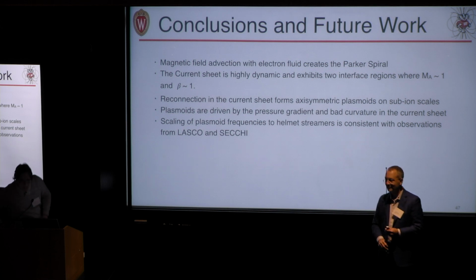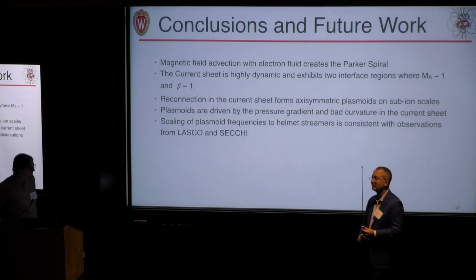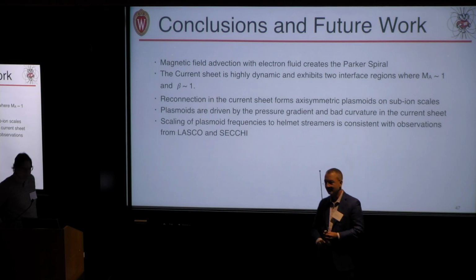Okay, let's take a question from Blakesley. This is really cool. I'm wondering, when you increase the current, you get this more bursty reconnection that's happening at multiple scales, which is somewhat reminiscent of Lazarian and Vishniac 99. So I'm wondering if you could potentially do some tests of different theories of reconnection, maybe adding in resistivity, because that theory makes very specific predictions about how the reconnection rate should depend on resistivity, how it should scale with Alfvén Mach number, all those sorts of things. Yeah. So far